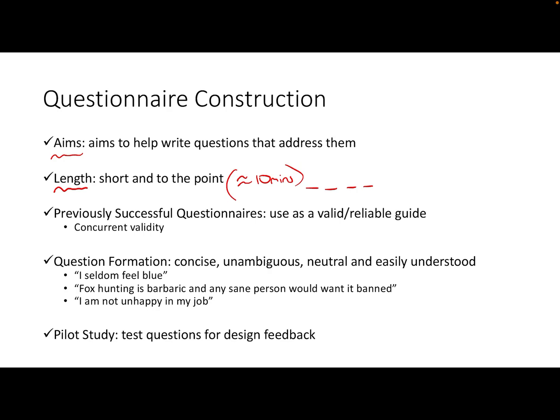What we can do to assess the validity of our questionnaire is to assess the concurrent validity. So concurrent validity involves comparing your new test or your newly constructed questionnaire with a previously established and valid questionnaire to see if they produce similar results. So if you give your questionnaire to participants and gather their data and analyse it, and also give them a previously established and valid questionnaire and gather their data and analyse it, what we should see is that there is a positive correlation between